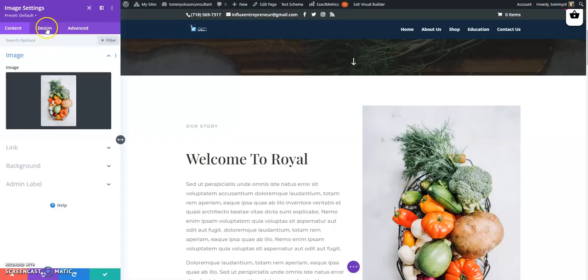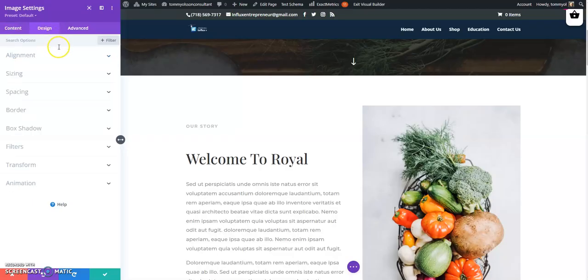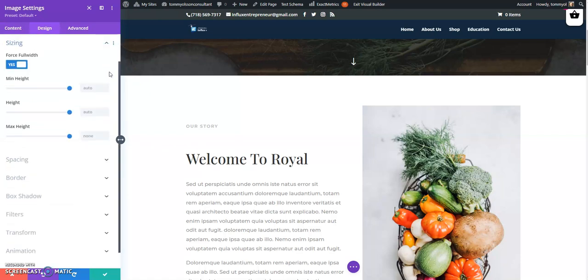If you want to change the design for it, you can change the sizing, for instance, spacing and so on. You can change it however you want it. Now the image is changing, as you can see, and when you're done, you just click the green button.